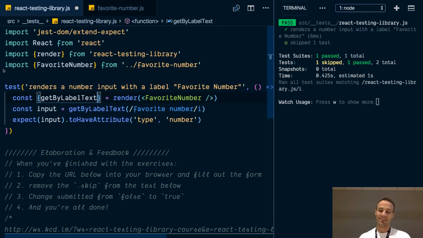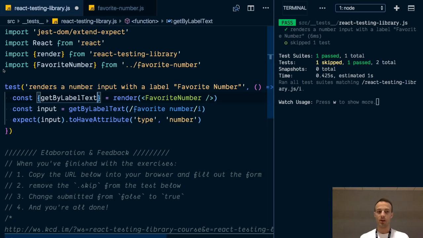Good. Yeah, so part of the reason for that is because users aren't interacting with elements in memory. They're interacting with things that are on the document.body. And sometimes things behave differently. Case in point, React behaves differently. All of its events don't actually work unless the element is in the body and the events are set to bubble up. That's the biggest reason that pushes React Testing Library to actually render your stuff